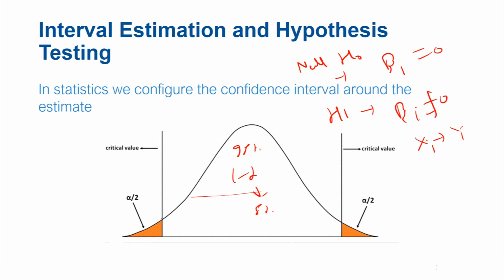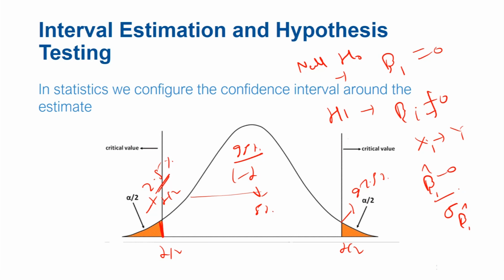Then you compute the relevant t statistic corresponding to the critical value of alpha by 2 on this side, and alpha by 2 on this side. So you compute the critical t value. Let's call this side minus t alpha by 2, this will be negative. For example, for 95%, the relevant t statistic on the left will correspond to a 2.5% value, and on the right side it will correspond to a 97.5% value. If your computed t statistic for the coefficient, which is the estimate of beta 1 minus 0 upon its standard deviation, the standard error of beta 1 hat,